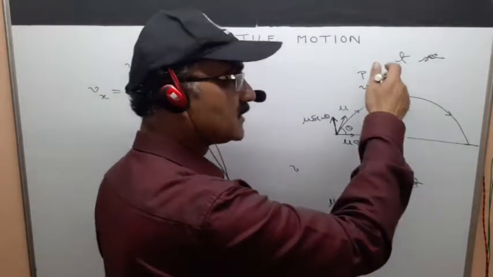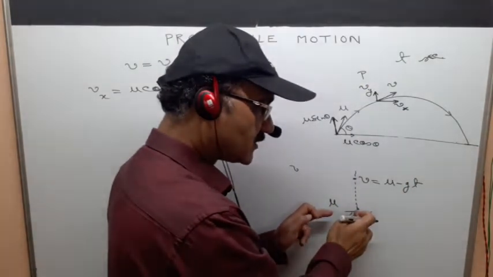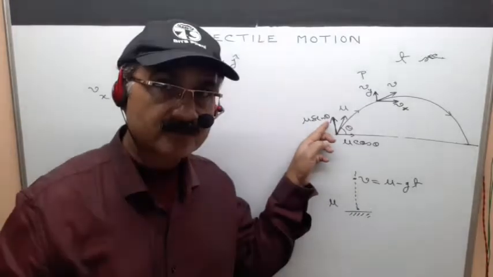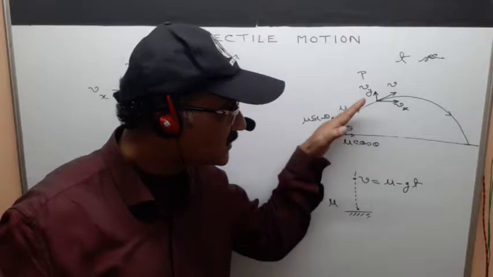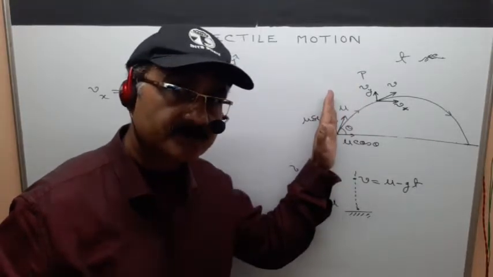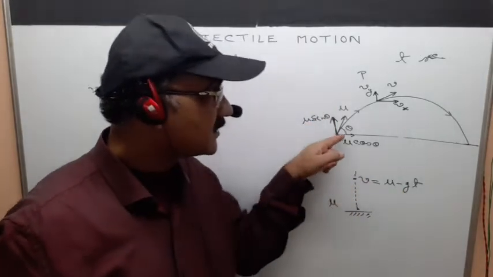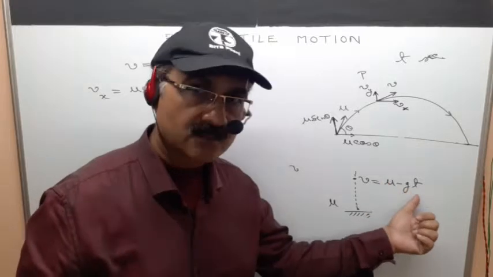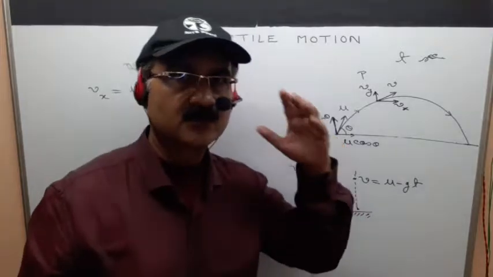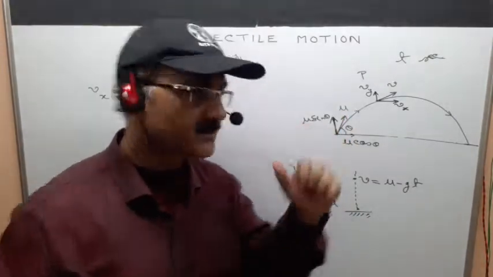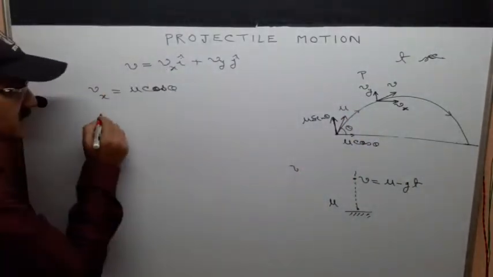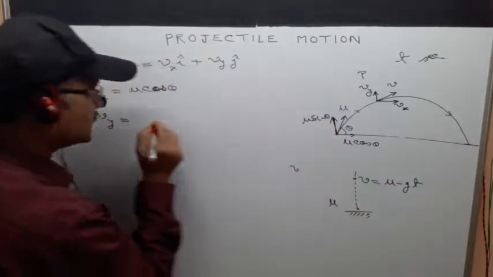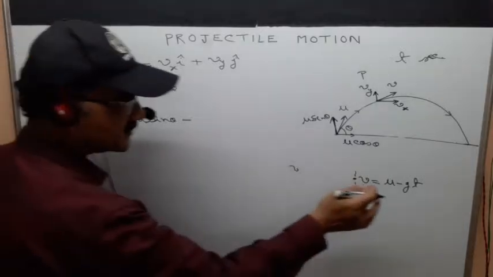So compare this with this. Here the initial velocity in the vertical direction was u. Here the initial velocity in the vertical direction is u sin theta, right? Because u was in this direction, it is u sin theta. Here there was retardation, here also there will be retardation because the force is downward. So after time t, the velocity was u minus gt. This you had understood very well in the motion in one dimension chapter, right? So let's apply this knowledge here. So velocity in the y direction is equal to the initial velocity, which is u sin theta, minus gt,